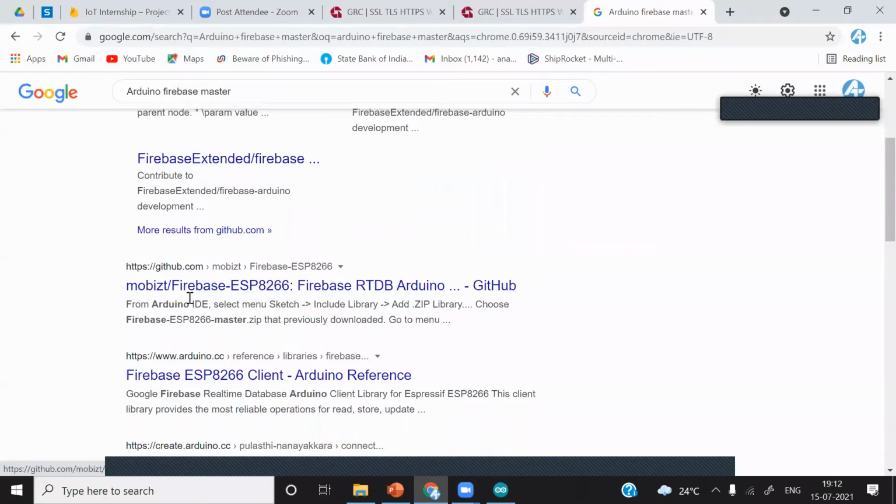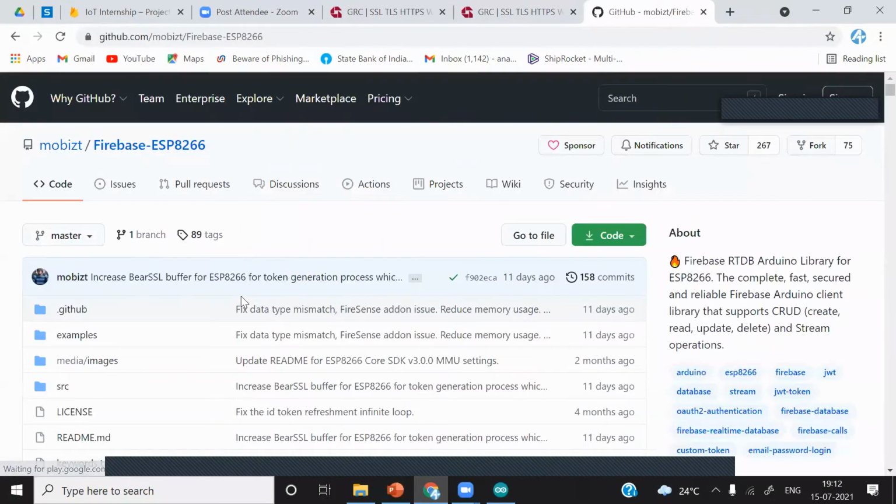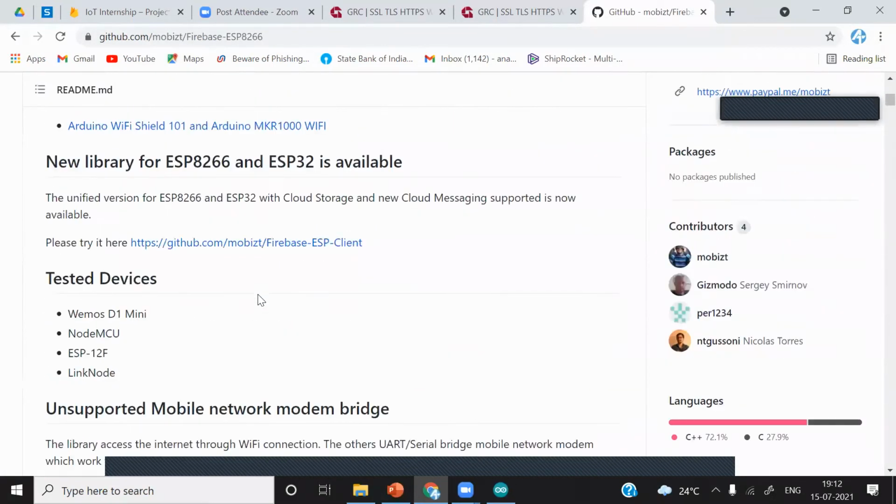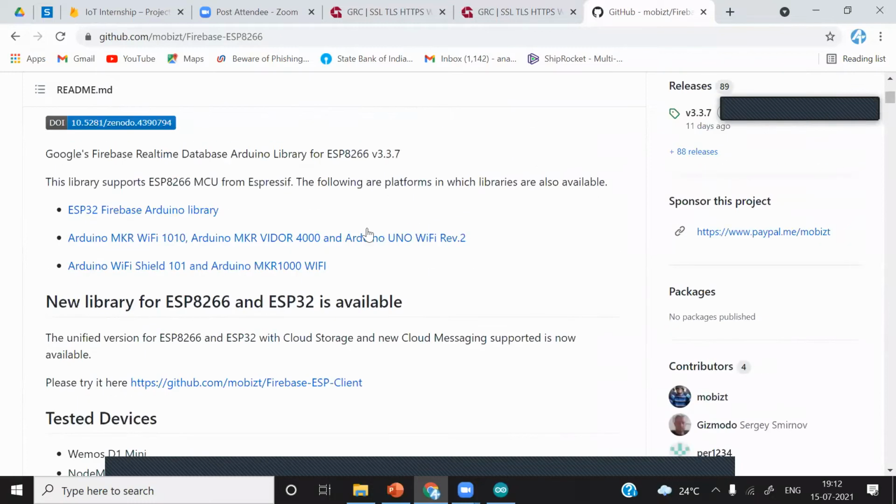You have to install this library and use it if you don't want to update the fingerprint key every time. So this is Mobizt's Firebase. Okay, you have to install it. You can find the documentation related to this library in this GitHub repository.